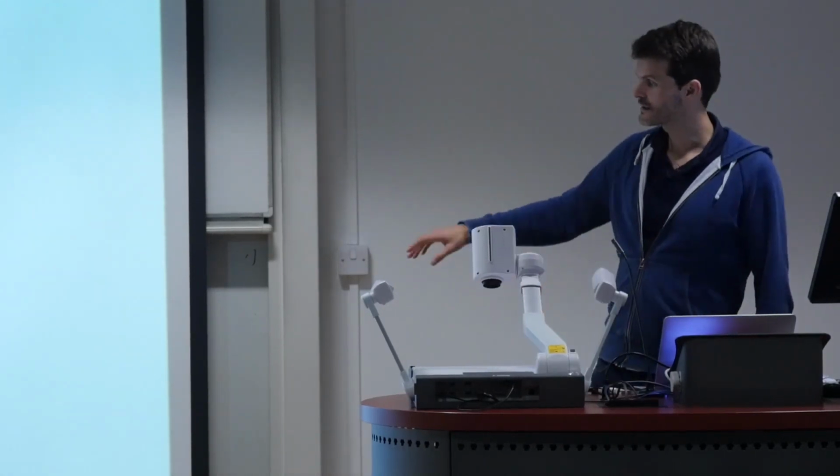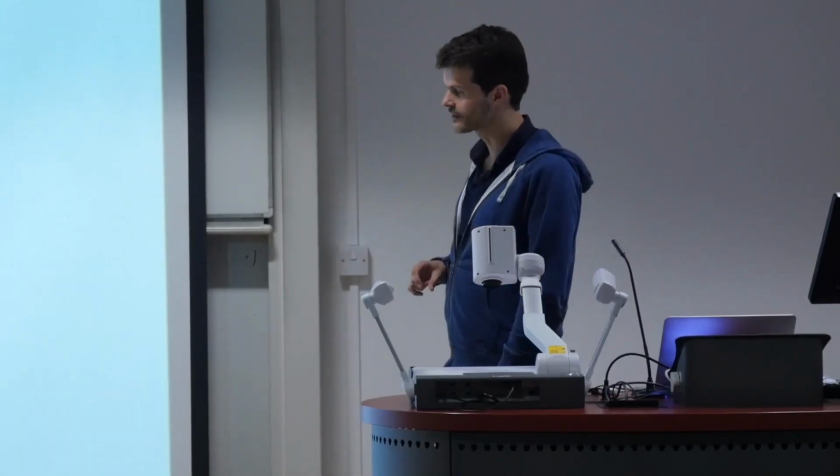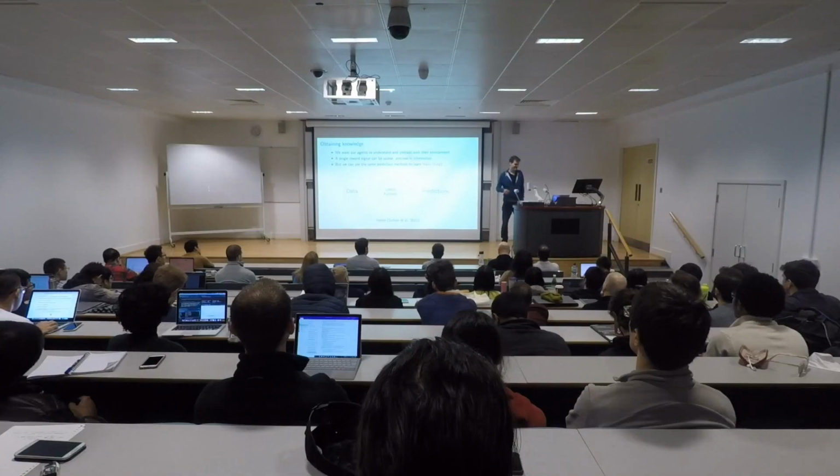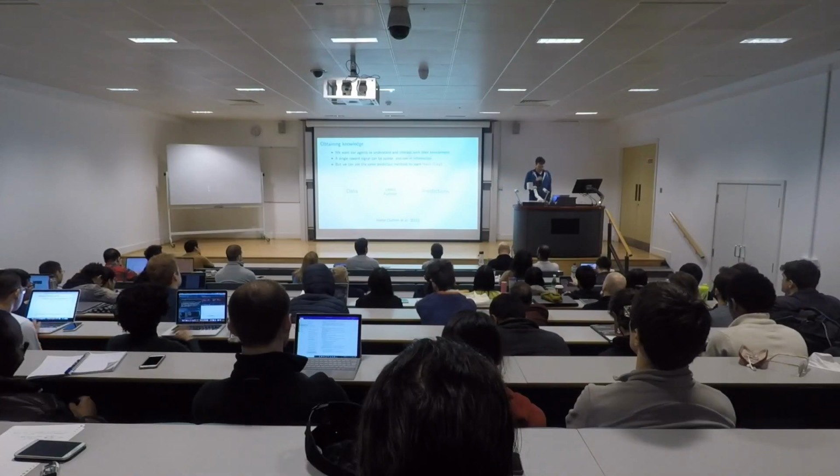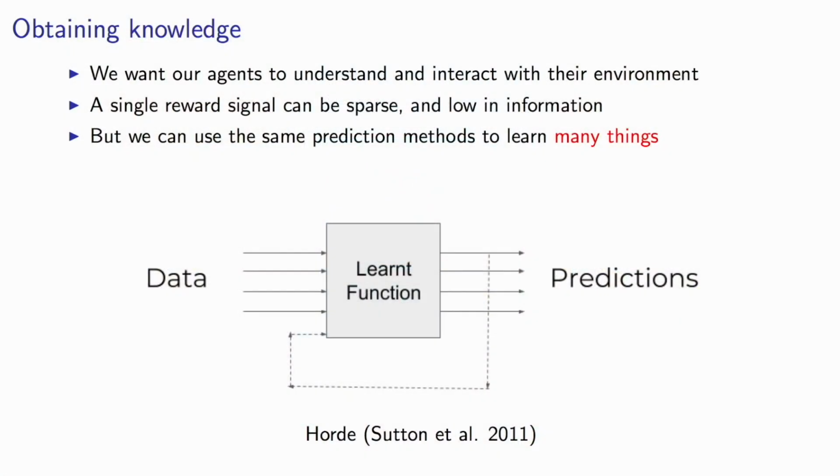So the idea here, this is from a paper called Horde. Well, it's a longer title, but the idea is called maybe Horde. You could think of this learn function in the middle as agents. I just put learn function, didn't quite know what to put in that box. But the idea is that this is your learning algorithm essentially. There's data coming in, a stream of sensory motor inputs on one end, and there's a bunch of predictions now coming out at the other end. One example is distributional RL, but you could think about many other things as well.